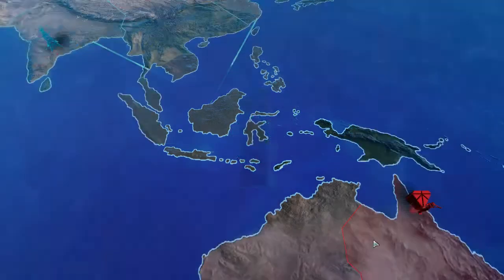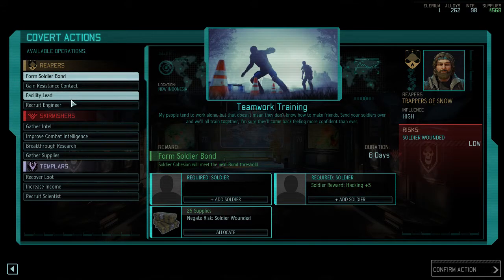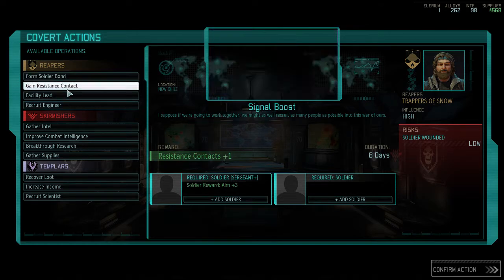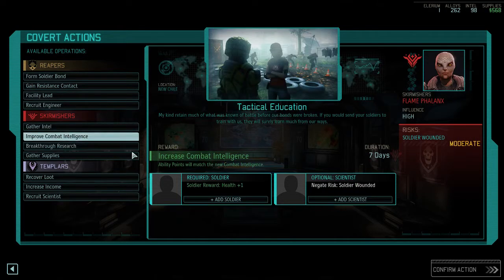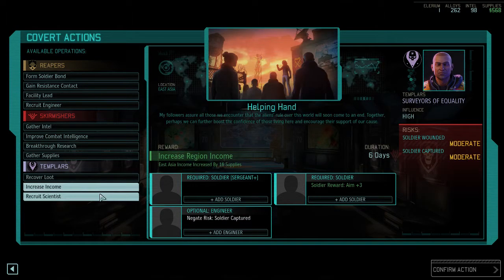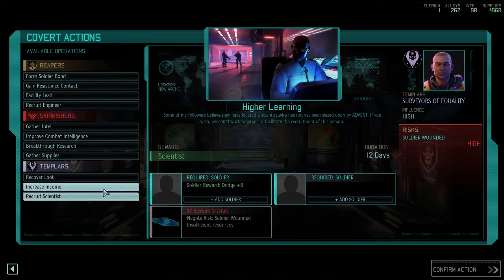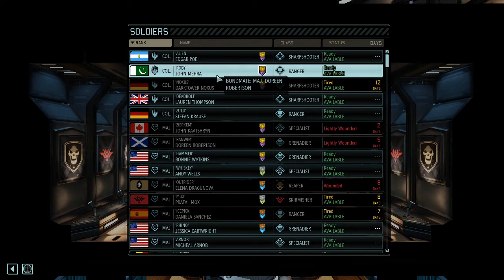Plus, Roby has 4 aim, which is great. So, my take on the missions now is, I'm really trying to either recruit a new soldier, or get a great reward for the least amount of days. Hacking +5, wonderful, I like it. Aim +3, +4, health +1 is really good. Aim +2 is also not bad. I think the aim +3 for 6 days here is really a decent choice. And